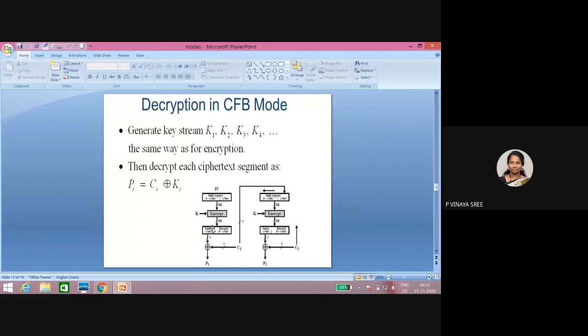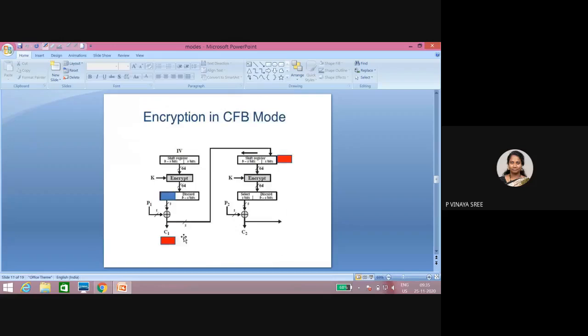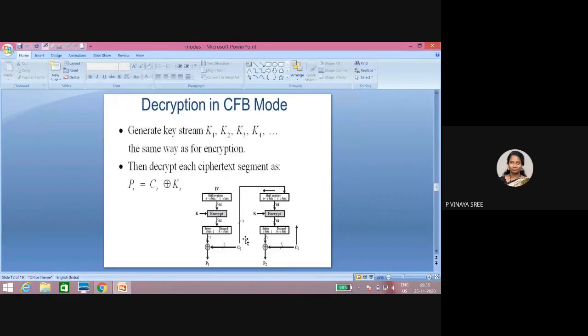In these 64 bits, we consider the most significant S bits, and XOR them with the ciphertext. Whereas in this case the sender has plain text, the receiver will have ciphertext. So the ciphertext will be XORed, so that we get the plain text.